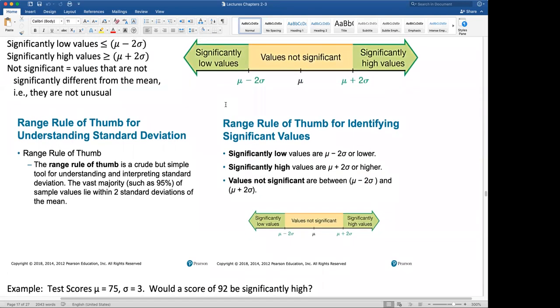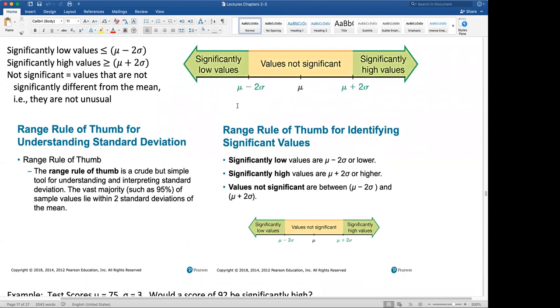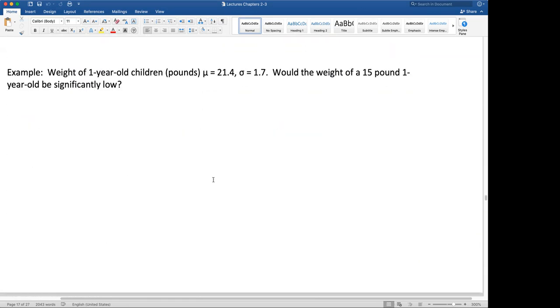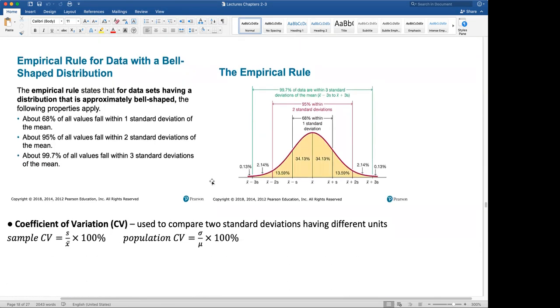If a data value is less than or equal to the population mean minus 2 times sigma, where sigma is the population standard deviation, it is a significantly low value. And we can say that a data value is significantly high if it is greater than or equal to mu plus 2 sigma. Now, the empirical rule says this for a data set having a distribution that is